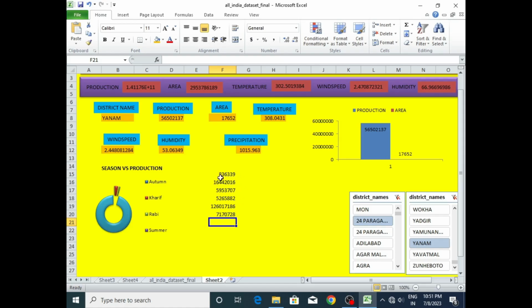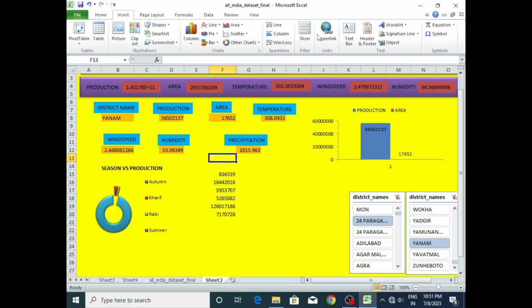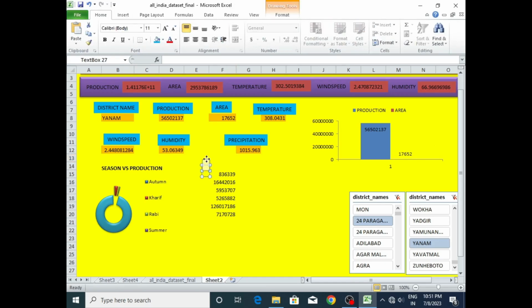So these are the total production for each season. You can first add some title here, so I will insert a text box and write: production for season, given a district. Whatever district is selected, that is what the production will be for. Okay, so now what I will do is